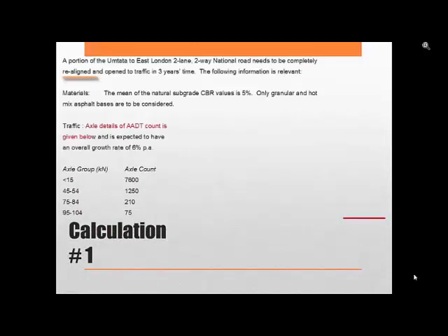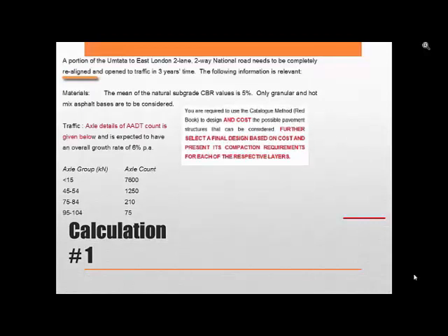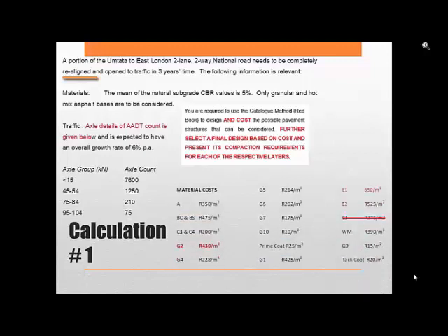Design question 1 from the design book will be used as the example in this presentation. You are required to identify all possible pavement structures and cost them. The final design is to be presented with a minimum compaction. Please note that the text presented in red are changes which have been affected to the question. Update your question accordingly. In this calculation you are provided with a location, some description of the pavement,